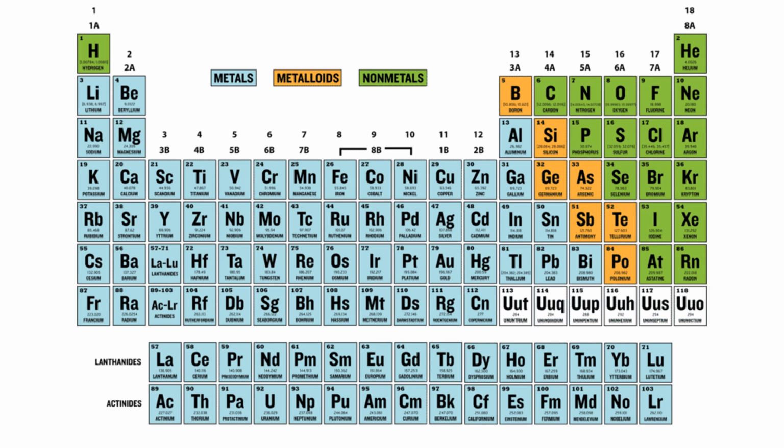Here we're looking at the periodic table, and we want to talk a little bit about the organization of the periodic table. There's a couple different ways we can organize things. The first way we want to organize things is based upon what type of element we're dealing with. And there's three main types. Metals shown in blue on the periodic table, metalloids shown in orange, and then the nonmetals shown in green